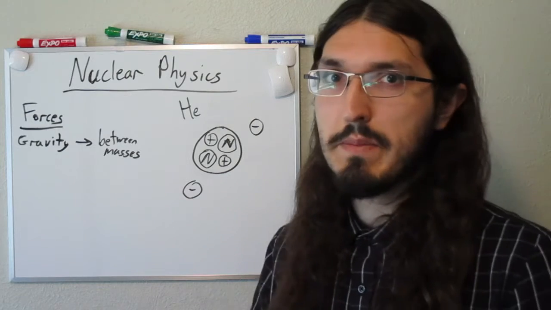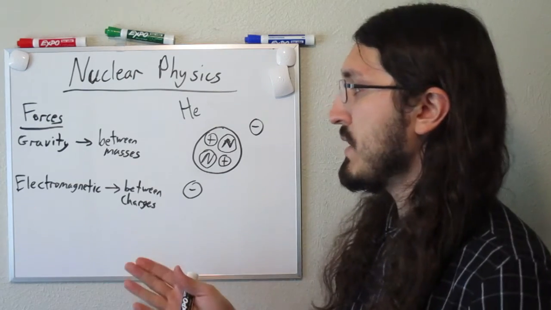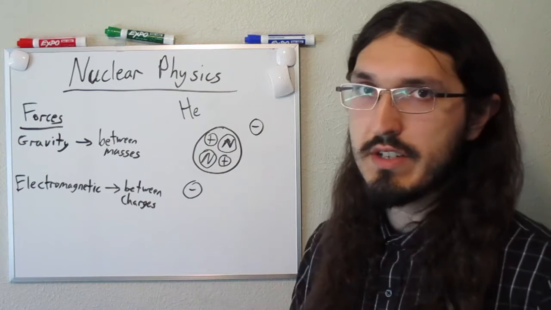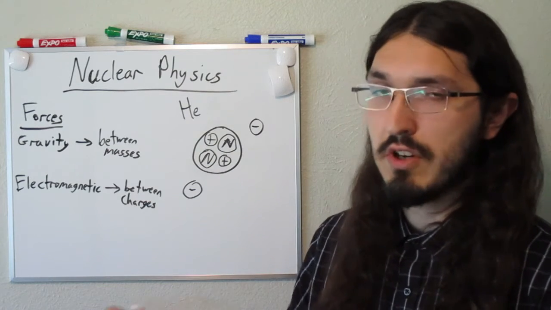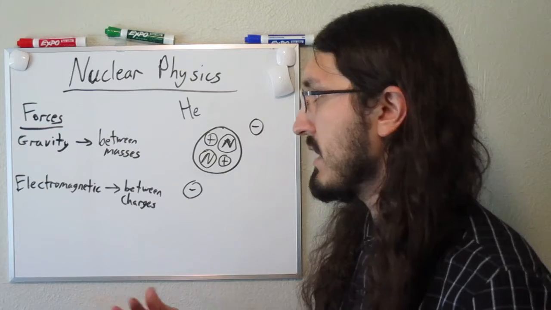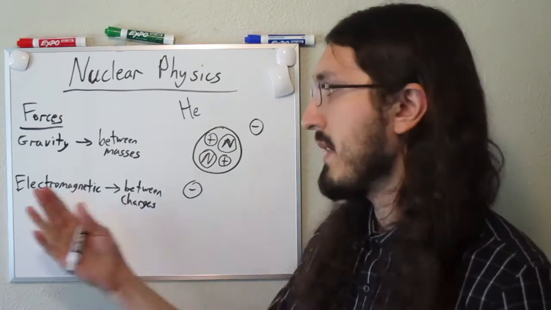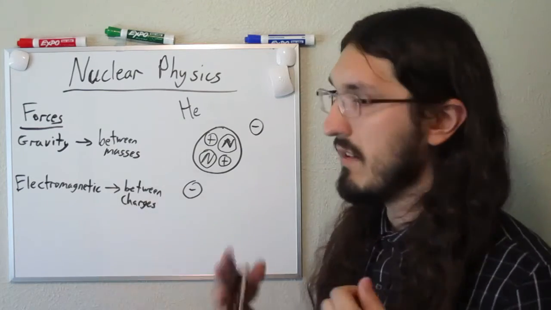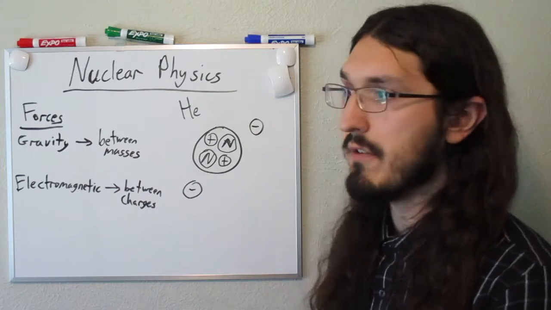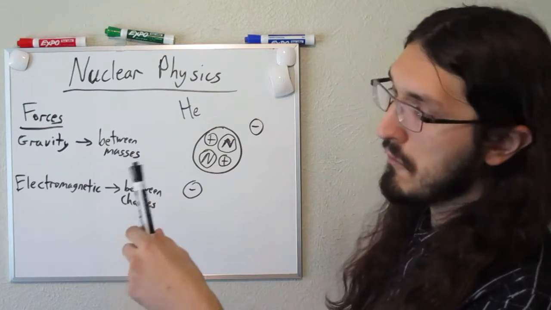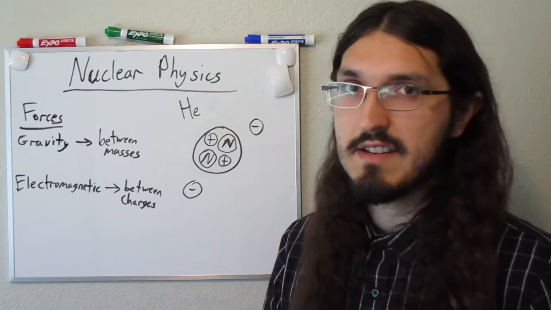The other force that we've learned about in this class is the electromagnetic force. The electromagnetic force occurs between charges, or moving charges for magnetism. More specifically, the electric force is between two charges, and the magnetic force is between two moving charges, but those two can be considered the same force, the electromagnetic force. This is the force that we utilize whenever we move things around. I utilize the electromagnetic force whenever I poke this marker and make it move. The electrons on my finger are repelling the electrons of the marker,